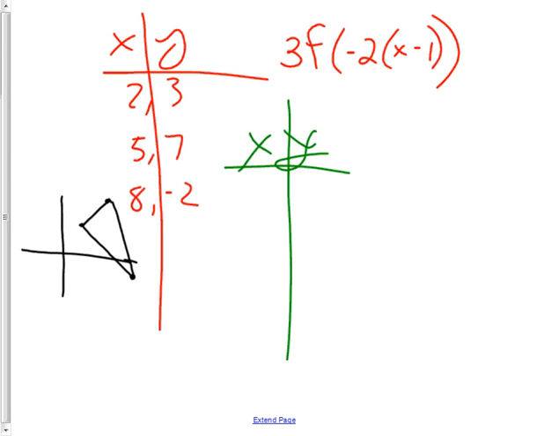On my x's, I'm going to start with the y's because they're way easier. On the y's, all I got to do is triple them, right? So 3 times 3 is 9, 7 times 3 is 21, and -2 times 3 is -6. Raise your hand if you had your y points right. Okay, good. The x points, you just have to take the numbers and do the right things to them